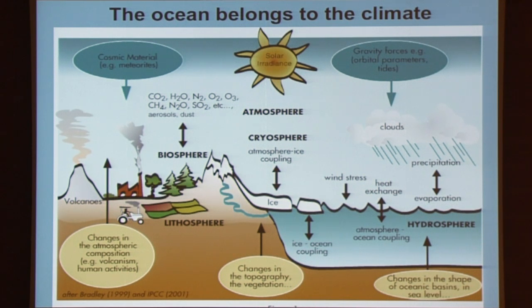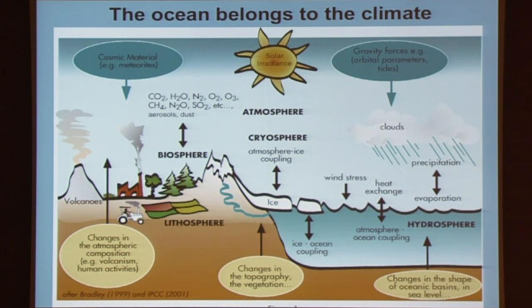So I will probably, this is maybe an offense, in fact, to the specialists, but I will try to also, again, repeat some of the basics about why the ocean is important in the climate system. When we think about the climate, immediately we think about the atmosphere, but clearly the climate is not only the atmosphere, it's a complete, complex system, and the ocean is a key component of it, which is